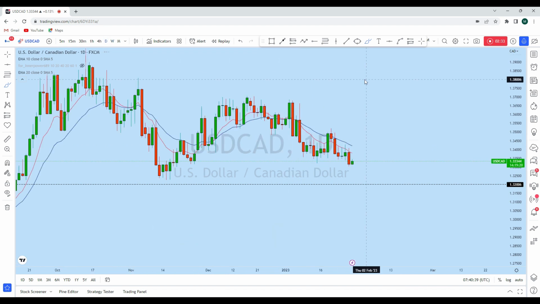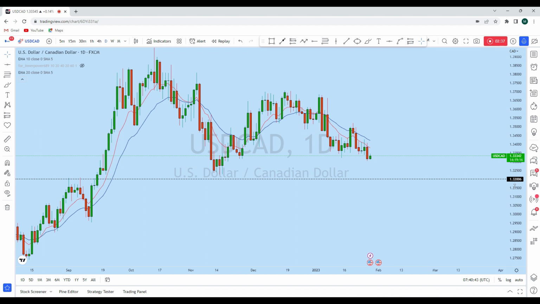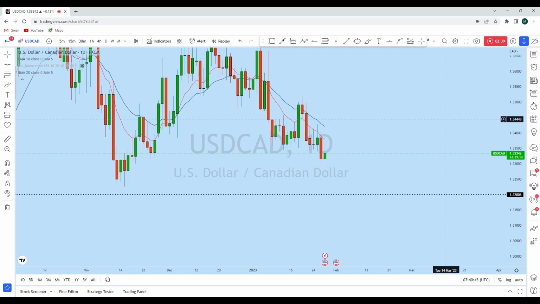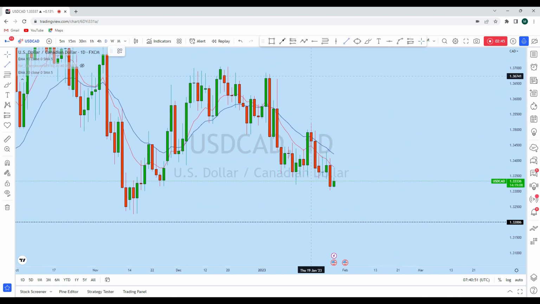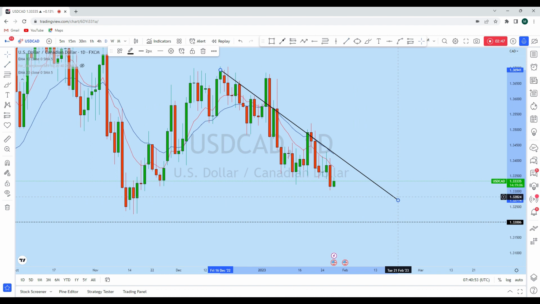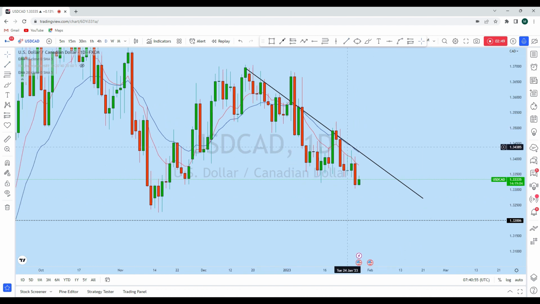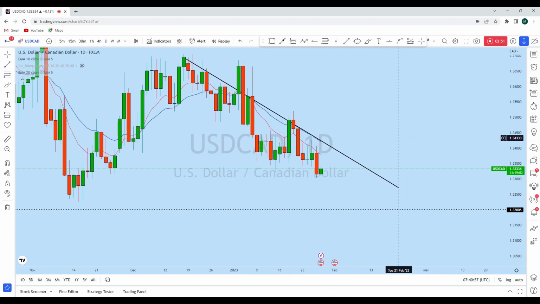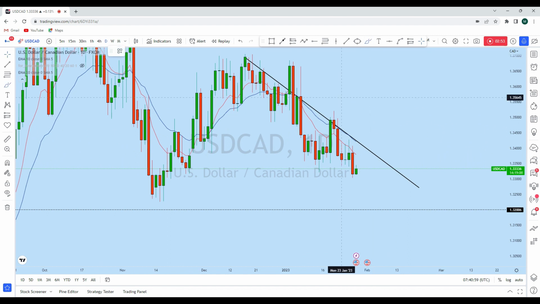If we look at the daily time frame to see how USD CAD is doing, we see that it is also showing very strong bearish price action. First of all, the market structure: this is the trend line the price was respecting with this 20 EMA on the daily perspective, and we see that there is a strong liquidity gap here. From the daily perspective, the price has broken this trend line to grab liquidity and then dropped again,